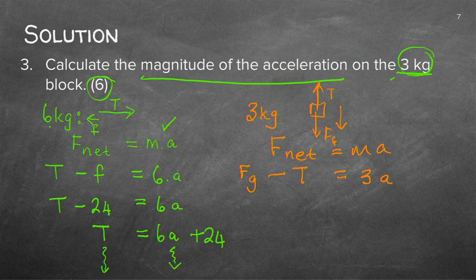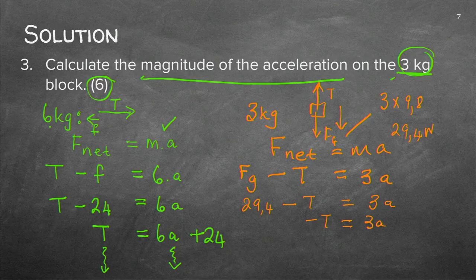And if I calculate the Fg, you know it is the mass times 9.8. And the mass times 9.8 will give you a value of 29.4 Newton. So I've got 29.4 Newton minus T is 3A. Let's go to making T the object of this calculation. So it's 3A. Take this plus to this side, makes it minus. And let's make it a positive T. So now I've got minus 3A plus 29.4.